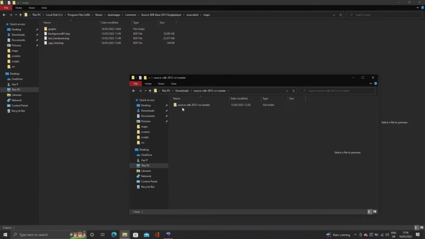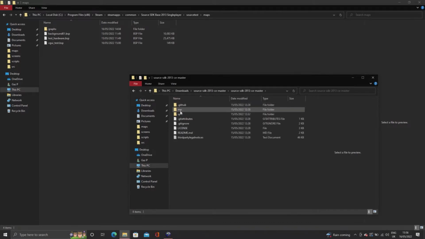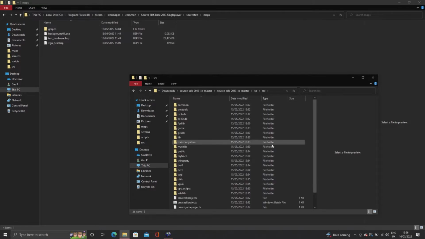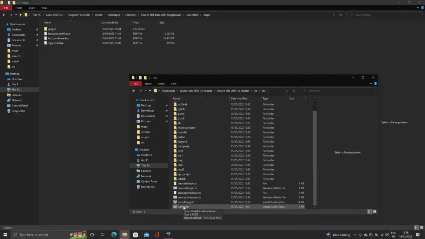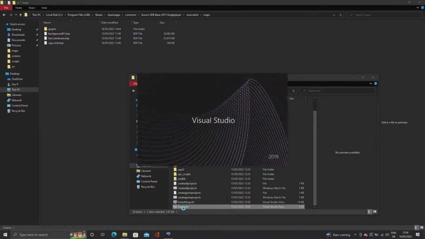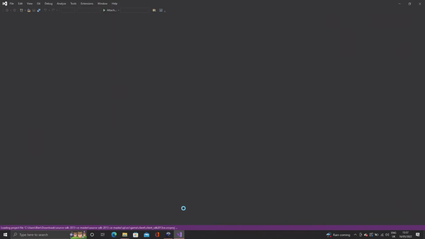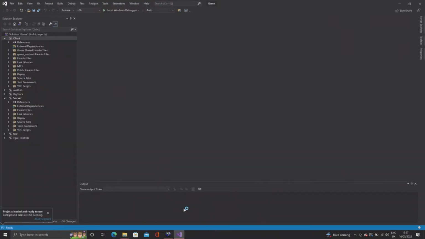In my case, I'm doing something slightly different, and I'm using the Source SDK 2013 Single Player Community Edition, which is set up to work in Visual Studio 2019. So yeah, you don't need that. You can use the regular 2013 source code and follow along. So the first thing you want to do is go to the file